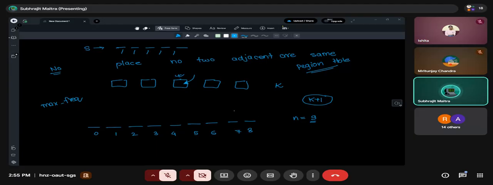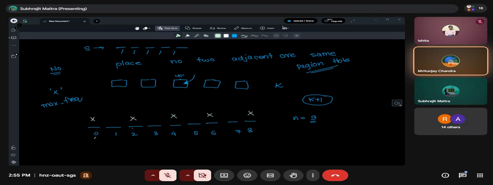Now, we can consider these as our holes for the pigeons. Suppose this character is X, these are the pigeons and these are the holes. To make sure that they are not adjacent to each other, in the best case, we can place X here, here, here, here, and here, on the even indices, keeping one gap. Correct?